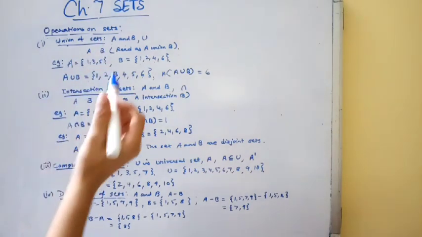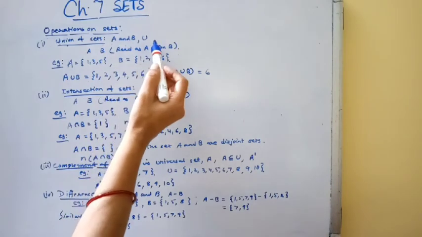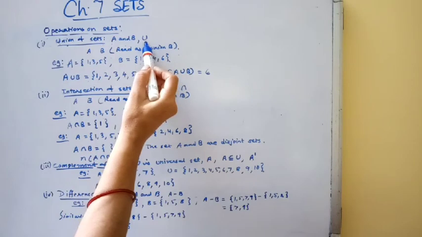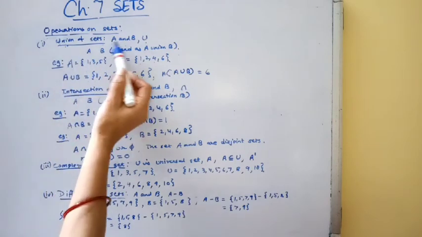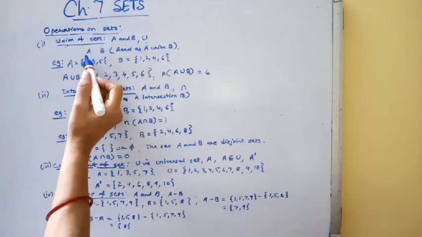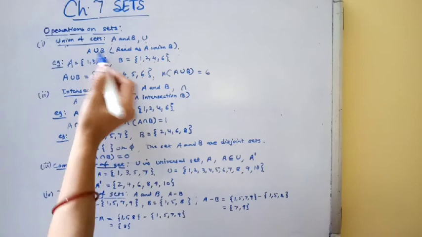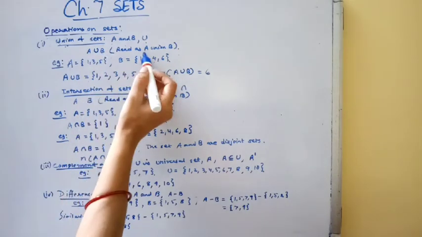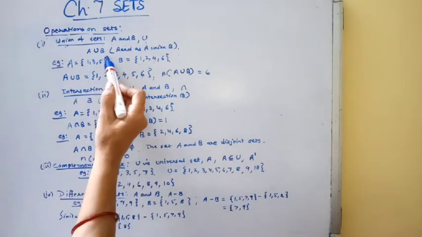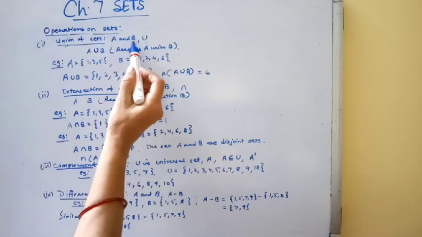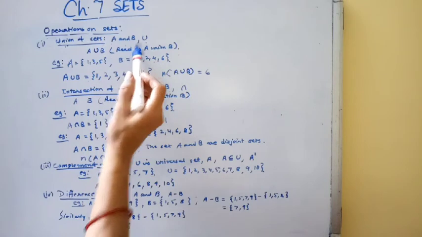If two sets A and B are there, then this is the symbol of union. Union means combine together. So we represent these two sets by union like this: A, then write the sign of union, B. Read as A union B. So when we write the set A union B, we combine the elements of A and B together and do not repeat the same elements.